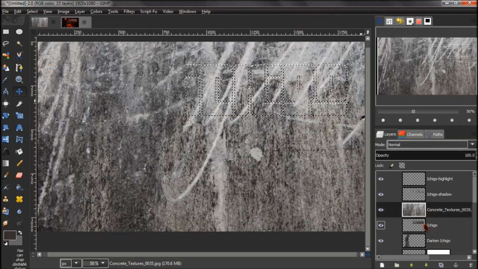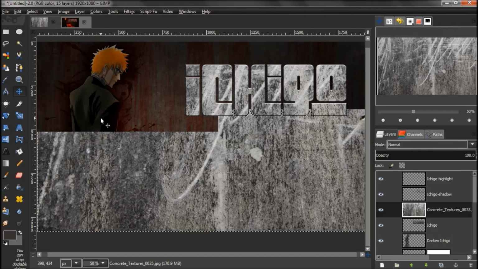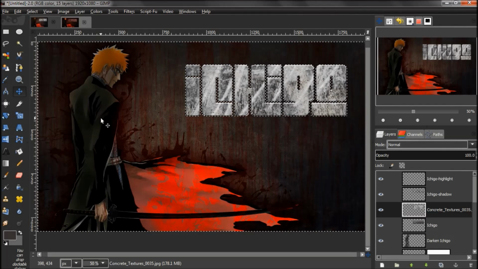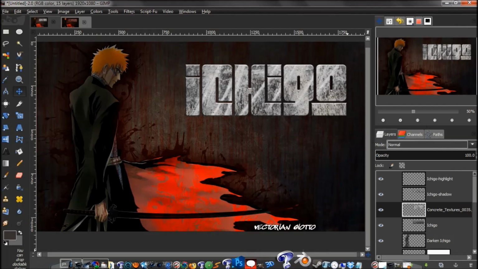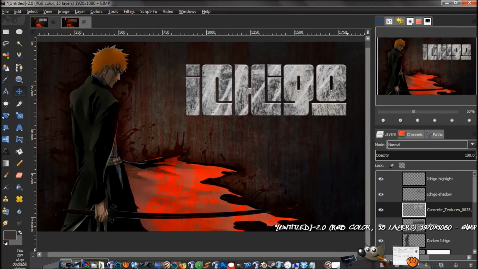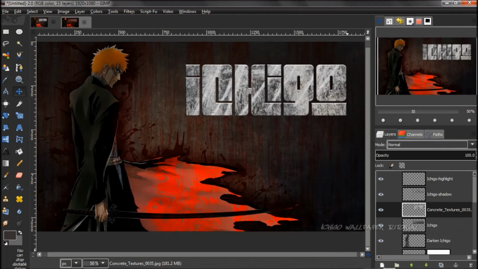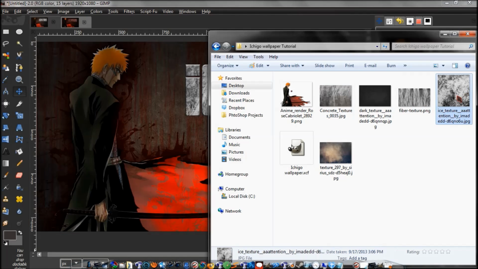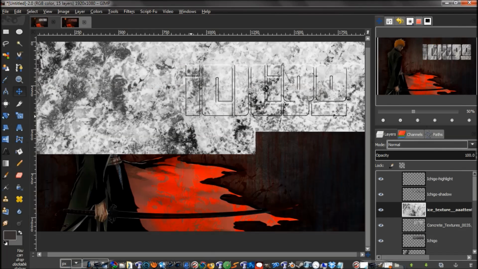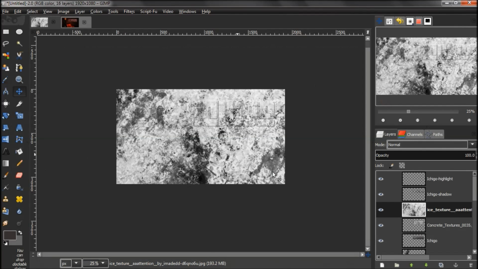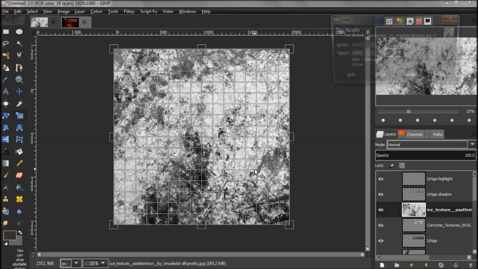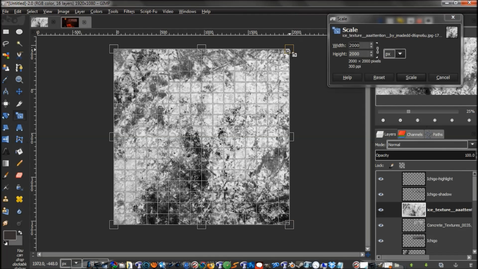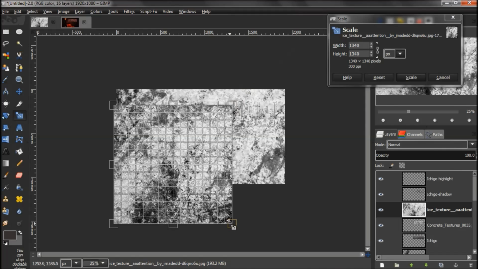We'll go back and we'll alt click back on that text, and we'll go up to select, invert, and then we'll press delete on our keyboard. Control Shift A to deselect, and we're going to drop another texture on top of that. And it's going to be this texture right here. And we could go ahead and Shift T for that, and go ahead and lower that